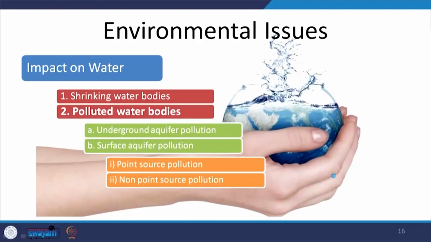It could be a point source pollution which is originating from one point, or it could be a non-point source pollution which is almost everywhere. Either way, the water body is contaminated and it is not only unfit for potable use or human use, but it also stops supporting the ecosystem, the aquatic life, marine life, and all other life forms which thrive through the water body, because humans consume only a smaller